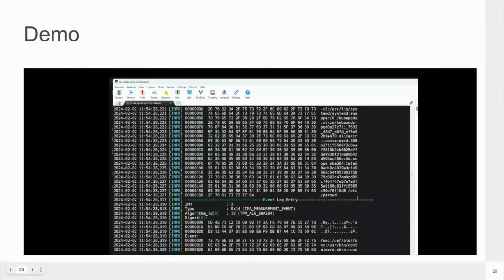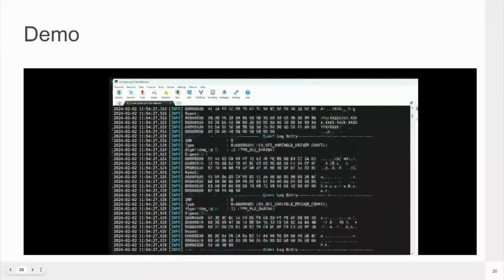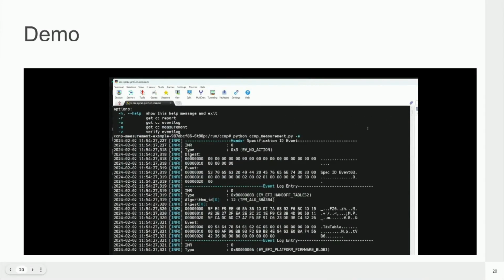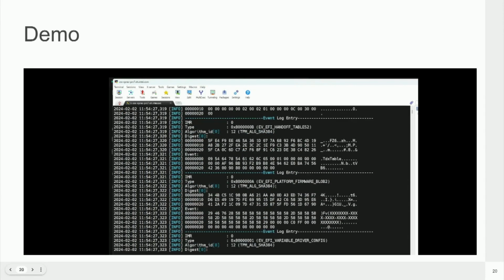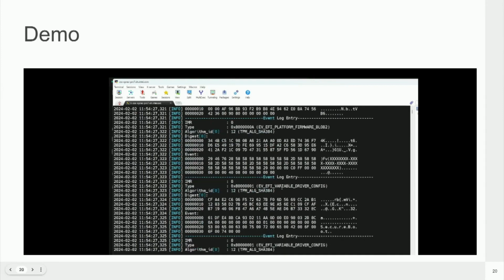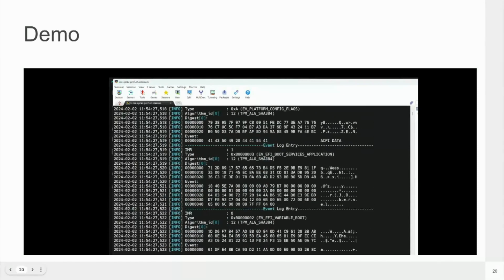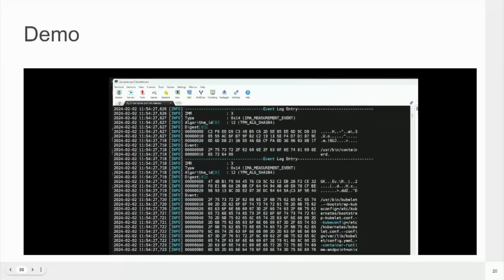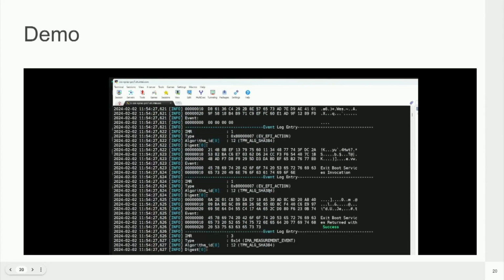Yeah, lots of event log has been recorded for this pod. In the beginning, we can see the start from the TDX boot hub. The OVMF had recorded some event log such as the platform firmware, the verbal driver configurations, and some other information recorded by the OVMF. And at the end of the OVMF event logs, we can see